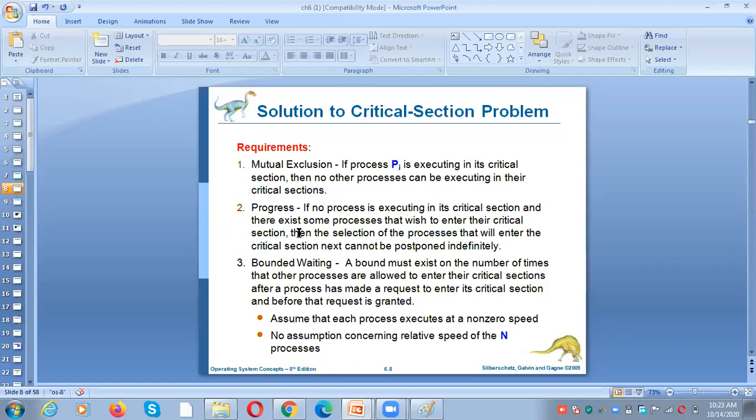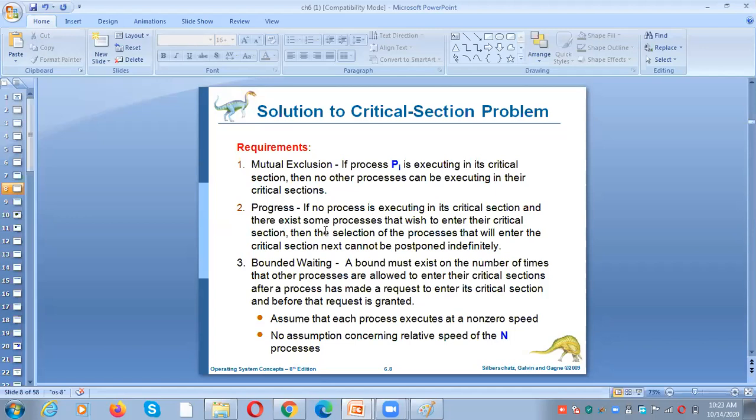Okay, and next, progress. What is progress? If no process is in the critical section, that means the critical section code is not being executed by any process, and there exist some processes that wish to enter into the critical section. At that time you need to select one process to enter into the critical section.